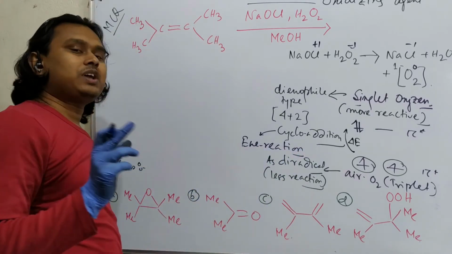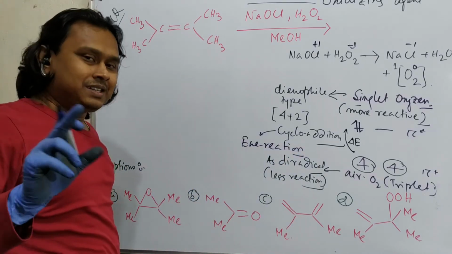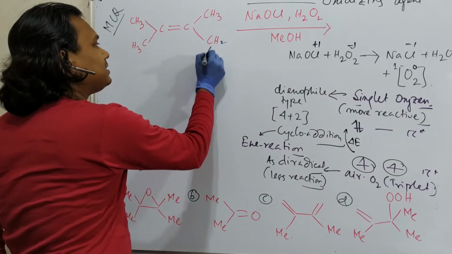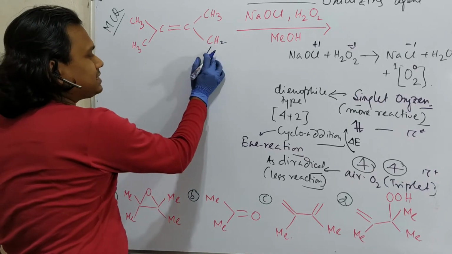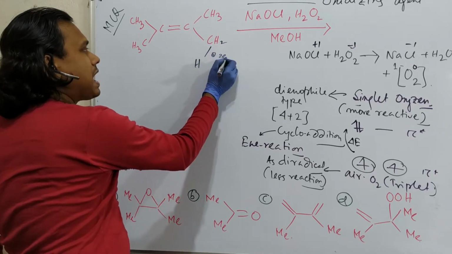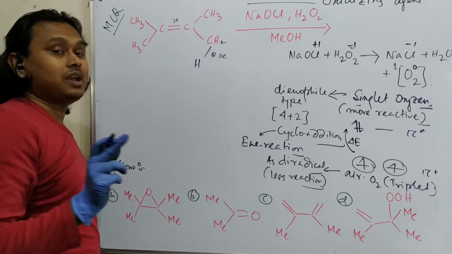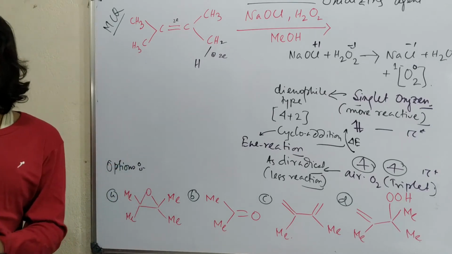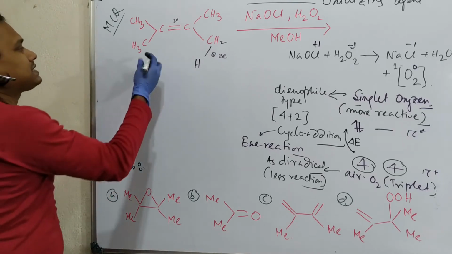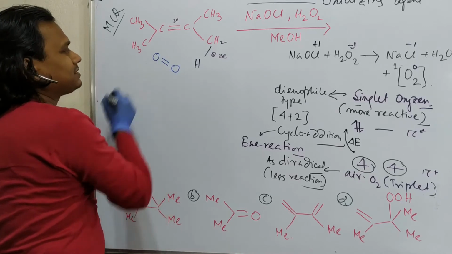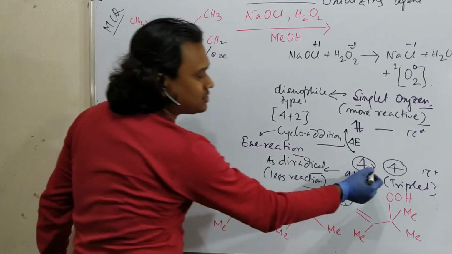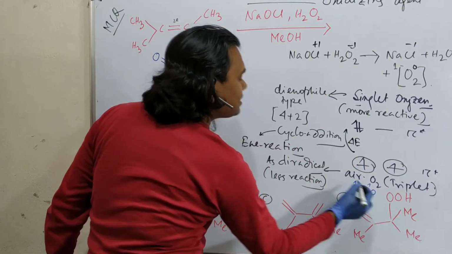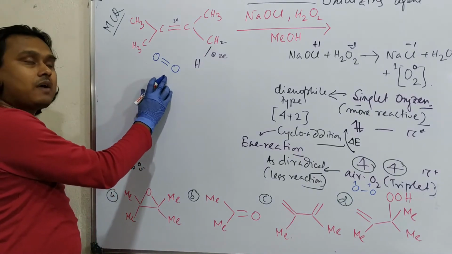In case of Diels-Alder, we have a diene and dienophile. But in case of ene reaction, one double bond and another CH bond. So this bond's 2 electrons and these 2 electrons actually participate, like in the Diels-Alder reaction. That's why it is the ene. And this is our oxygen, meaning singlet oxygen. And obviously in case of triplet oxygen, sometimes it is represented by the biradical O, but in case of singlet oxygen, it is presented as a double bond.